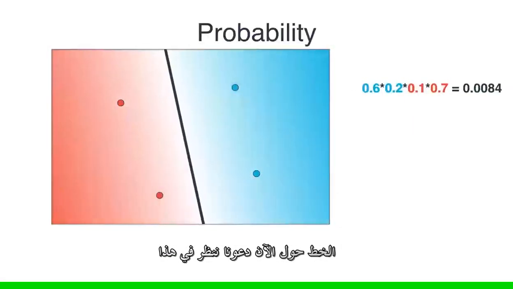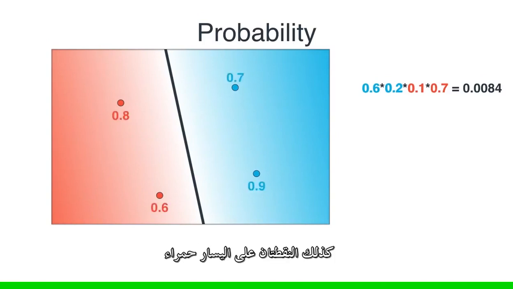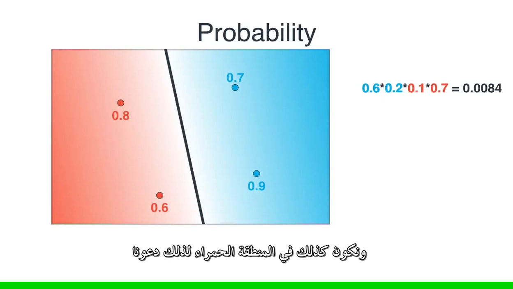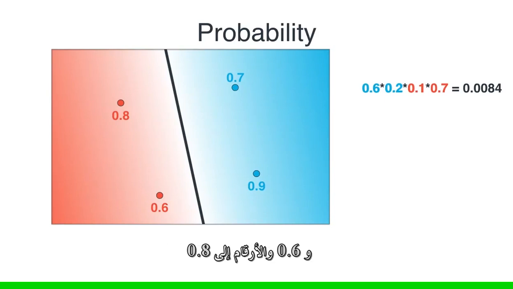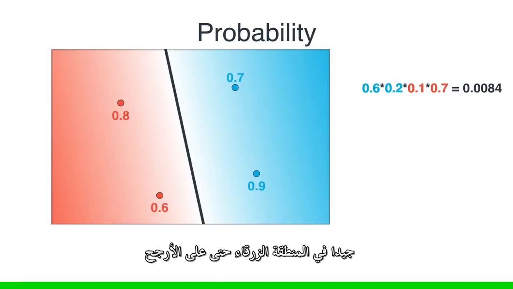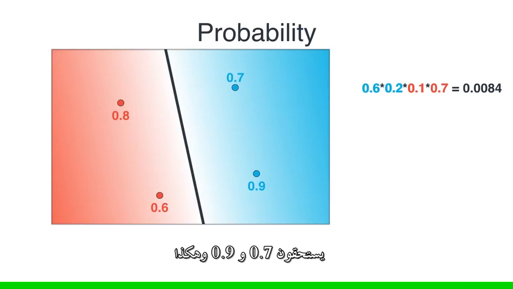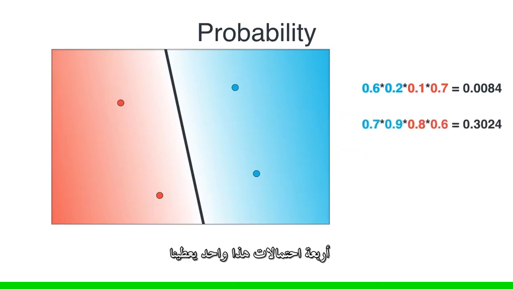Now let's look at this arrangement. This arrangement seems a little better. What are the probabilities that these points are of those colors? Well, the 2 points on the left are red and are well into the red area, so let's just say the probabilities are 0.8 and 0.6. And the ones on the right are colored blue, and well into the blue area, so the probabilities are 0.7 and 0.9. And so the probability that these 4 points are of those colors is the product of the 4 probabilities. This one gives us